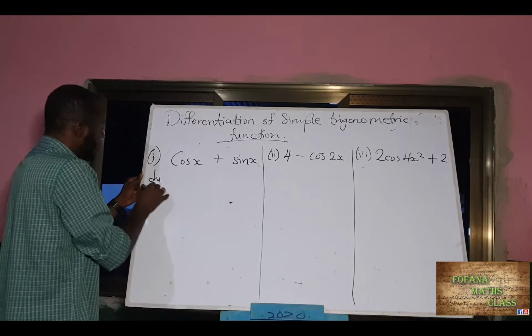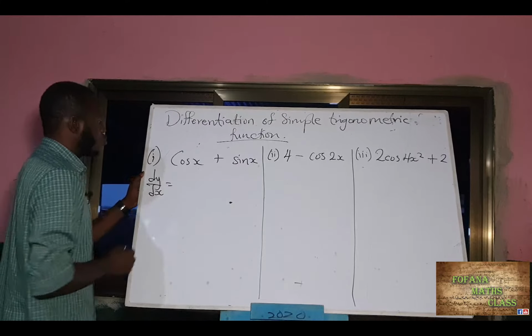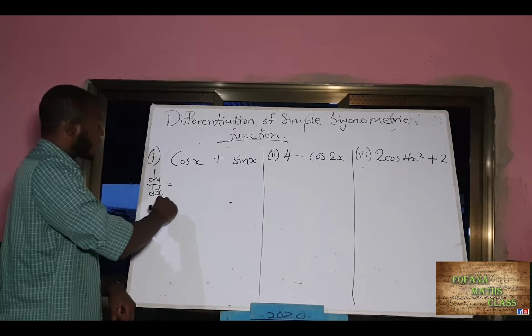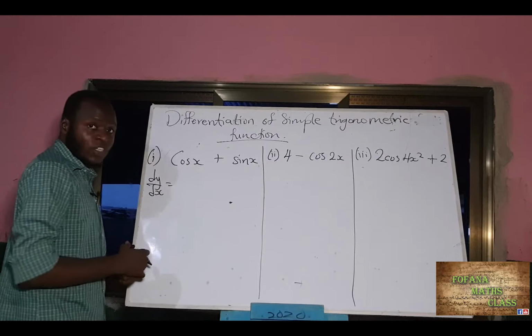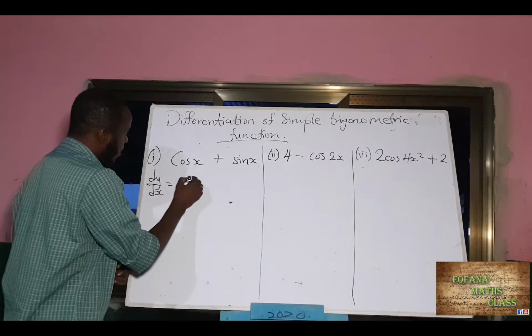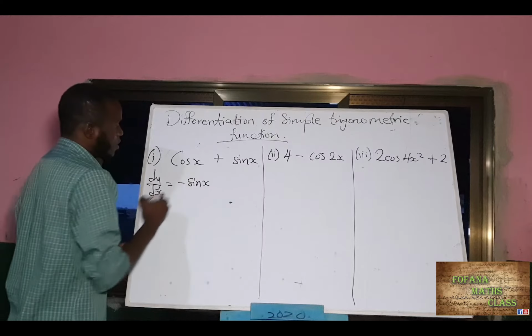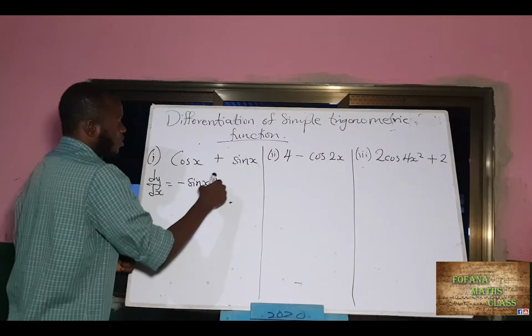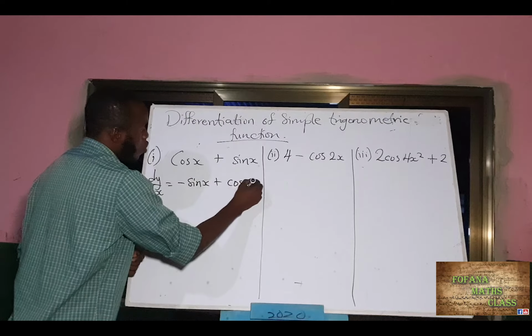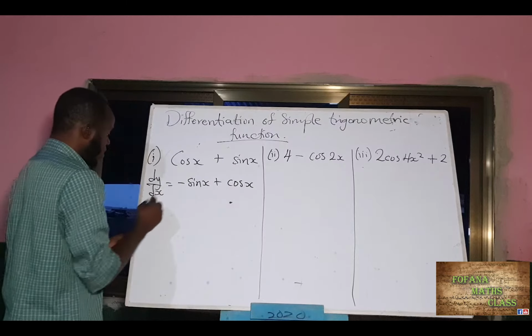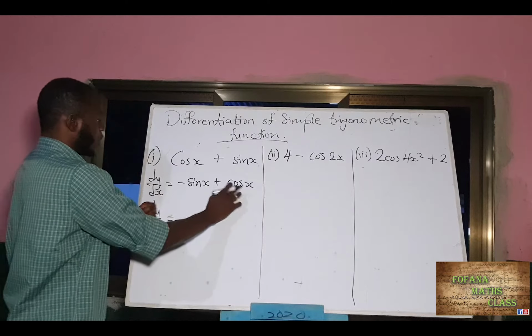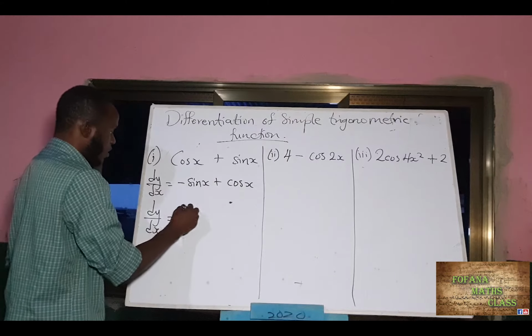So dy/dx of this will be equal to, now we learned in the previous steps that if you are differentiating cos x, you have minus sine x, straightforward. Plus, if you have sine x and you are differentiating, you automatically get cos x. So rearranging this to make the expression look nice, you just interchange them. Since the cos is positive here, you bring it as